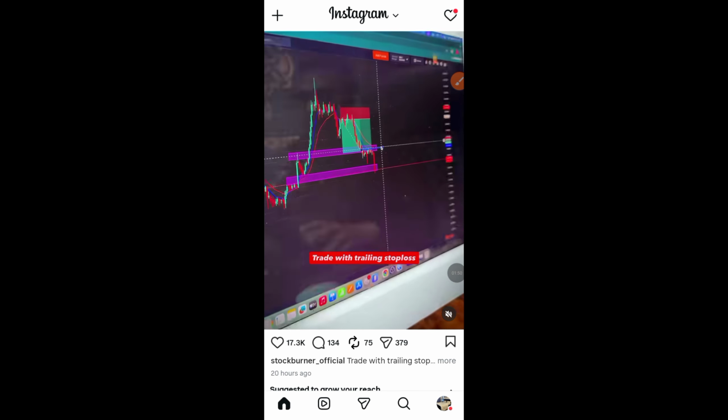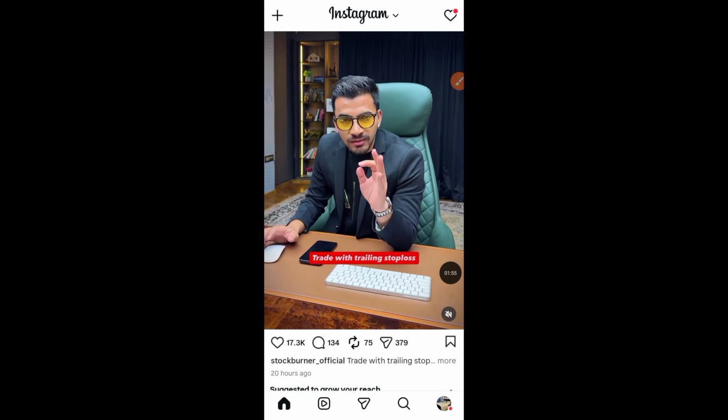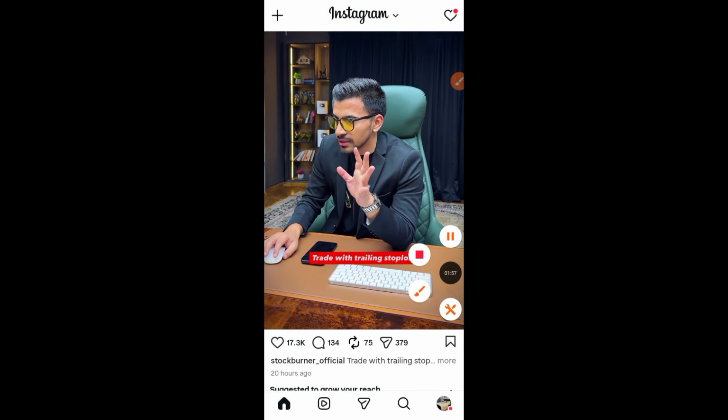Quick summary: open Reel, copy link, paste in downloader, save to gallery. That's it. You can now download Instagram